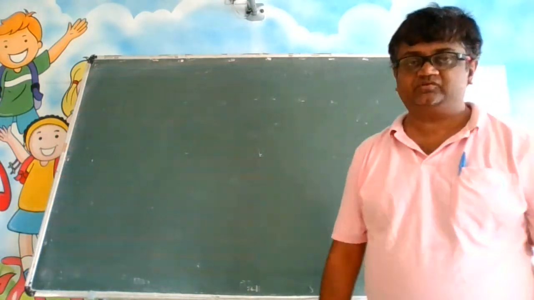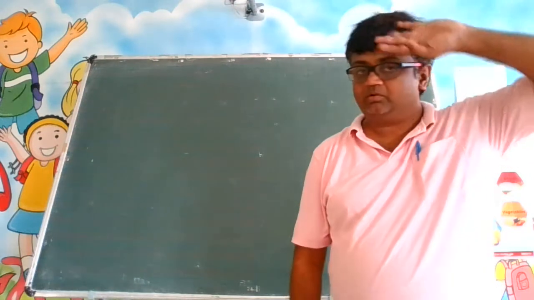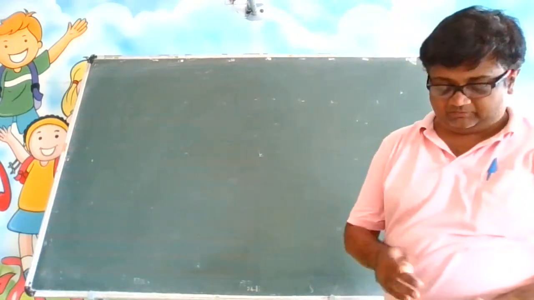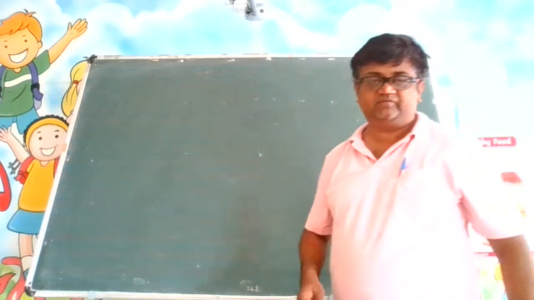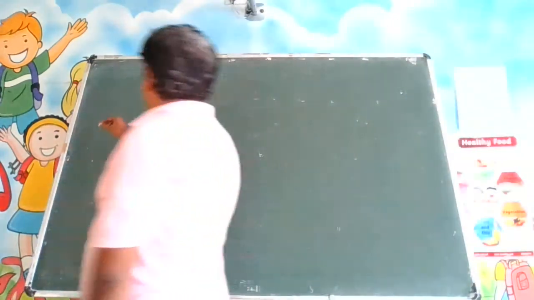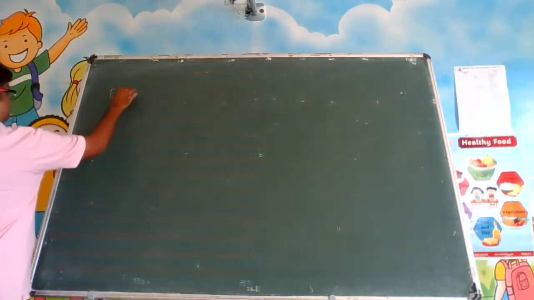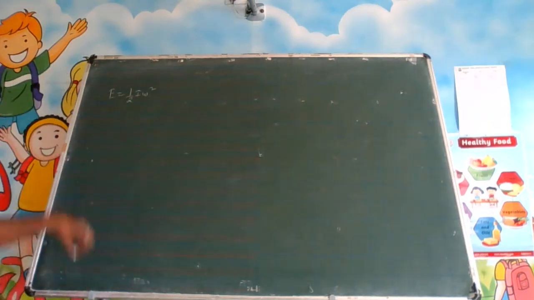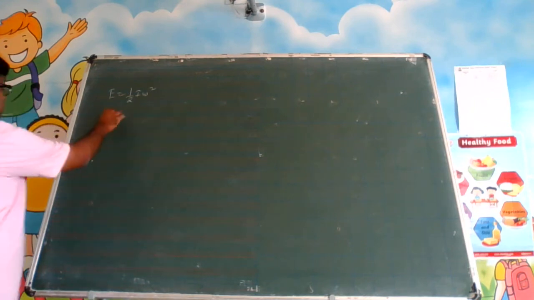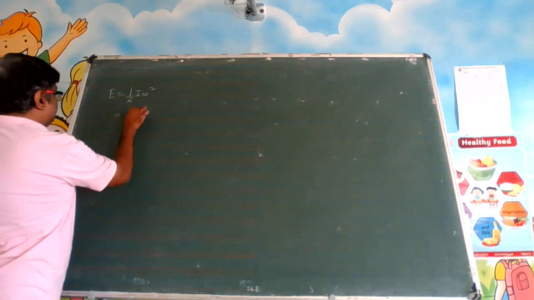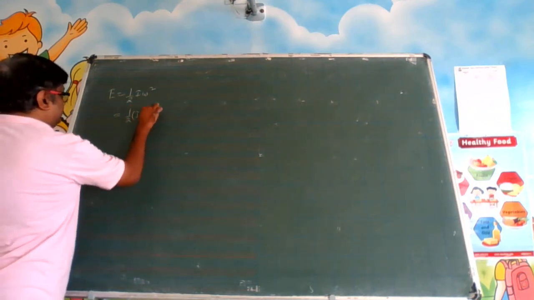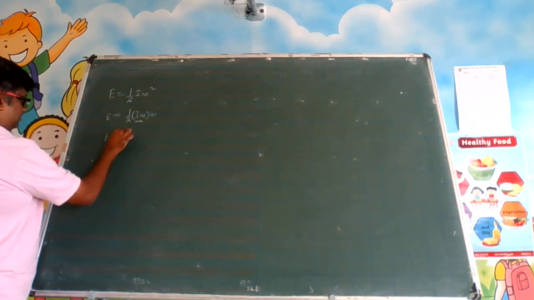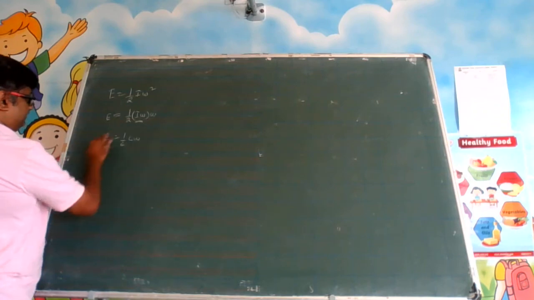So, good morning students. Last class we were discussing what? Rotational kinetic energy. When a particle is under rotation, it will be experiencing a kinetic energy which is rotational kinetic energy. And the expression was given by half I omega square, isn't it? Can I write this as half I omega into omega? What is this term? It is half L omega.